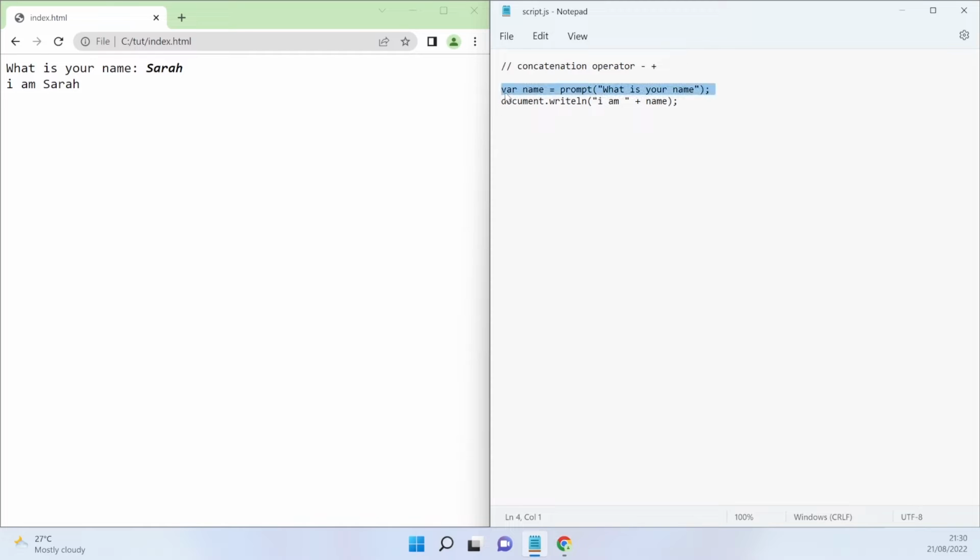First off, let me get rid of my comments up here, and you know what, let me just get rid of everything. Okay, so we've seen how we can get inputs from our users, and how do we do that? We use the prompt function. Okay, like I said, one of the many ways, and I'm using a customized version of the prompt so that we can also see the